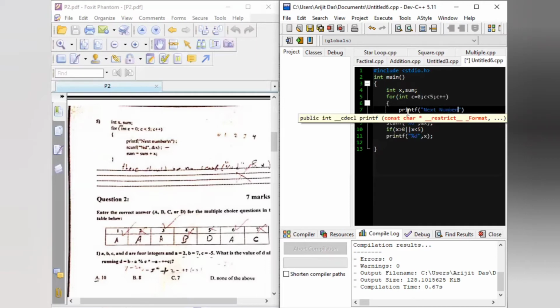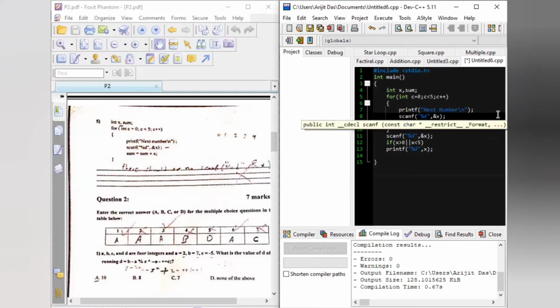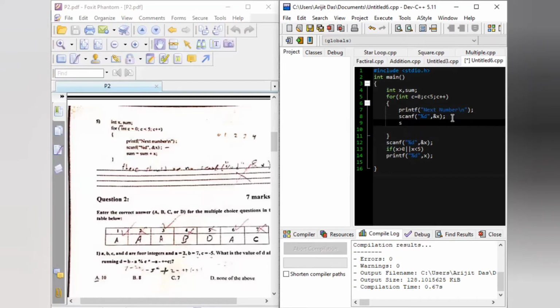Next number, and this is the number x, and sum equals to sum plus x. So the basic problem here is